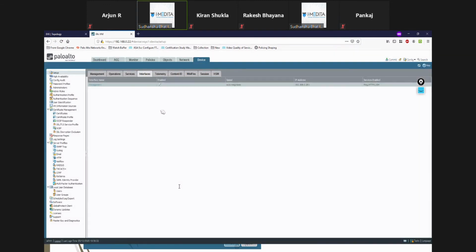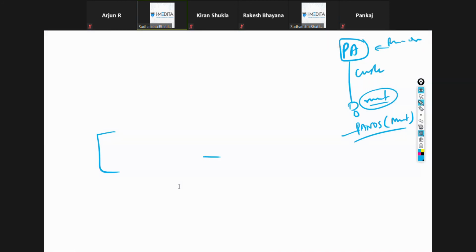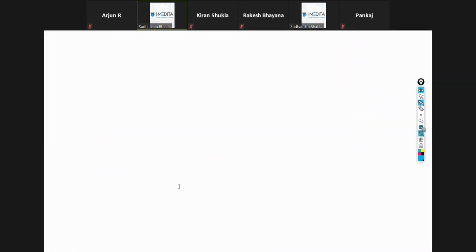And now see, one thing that is different here from Cisco, and it's not just in Palo Alto, many other vendors have this. In Cisco, when you configure something, it takes effect immediately, right?